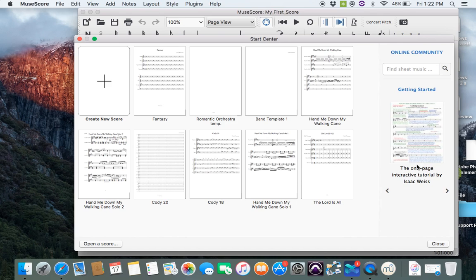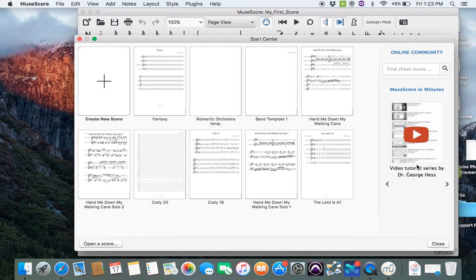One of two things comes up. The main toolbox, the main dialog box, which is MuseScore, my first score. That's the template that it starts off with. And then you have the Start Center dialog box. Start Center is where all your saved pieces and saved templates and the Create a New Score option or the Open a Score option is